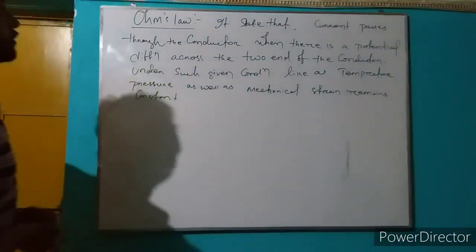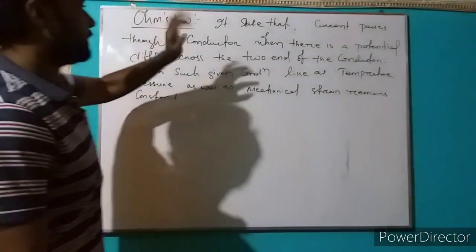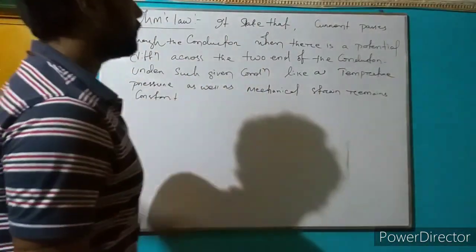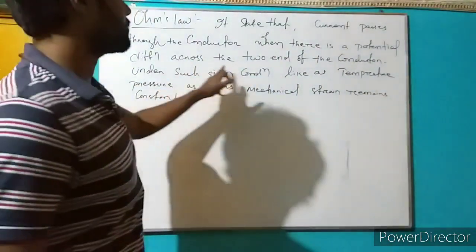Clear? So what do we mean by Ohm's law? It states that current passes through the conductor when there is a potential difference across the two ends of the